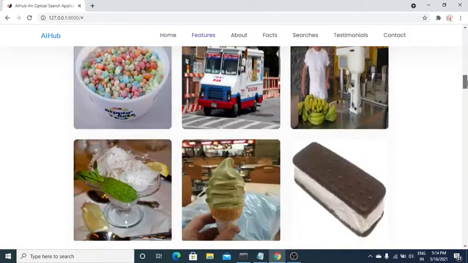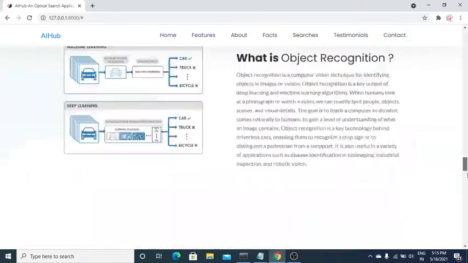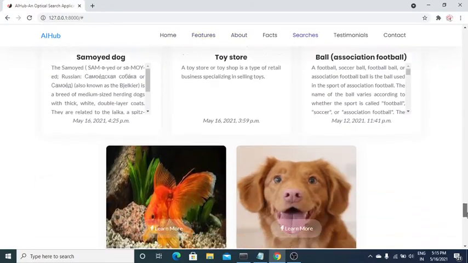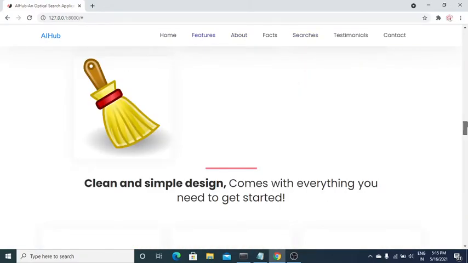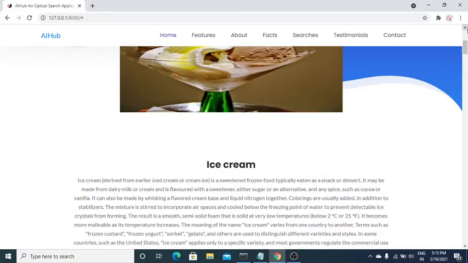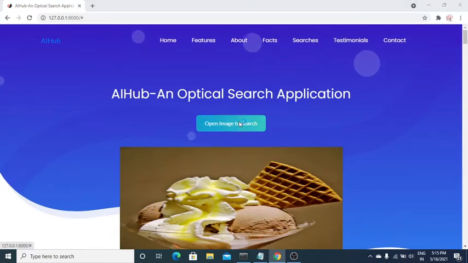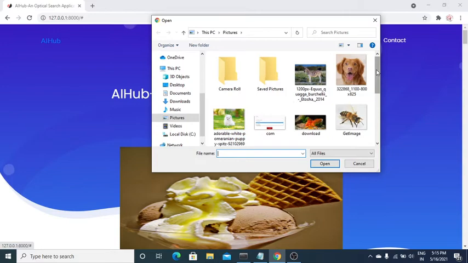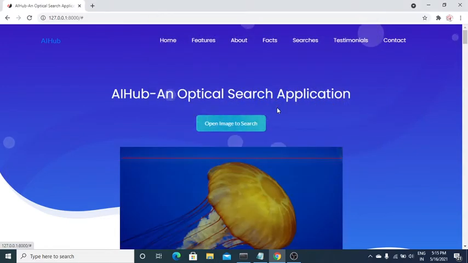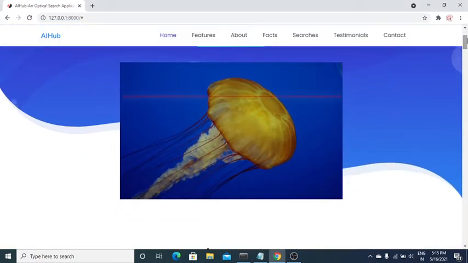Let's search for another one. Let's check whether it is doing good for another type of object or not. Apart from ice cream, I'll upload now this particular picture. If you don't know what this is, then it will let you know not only its label, its name, but